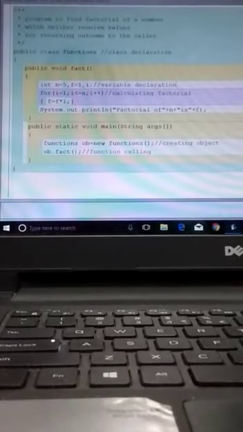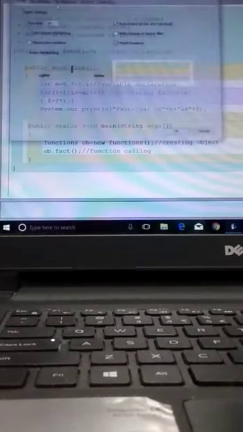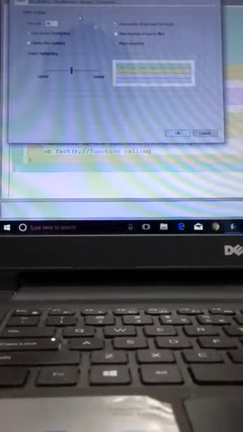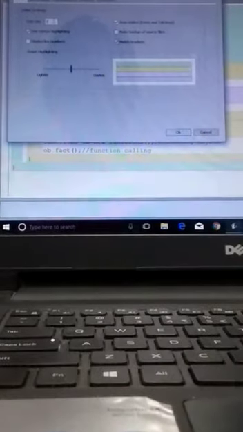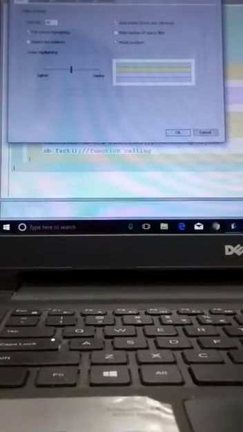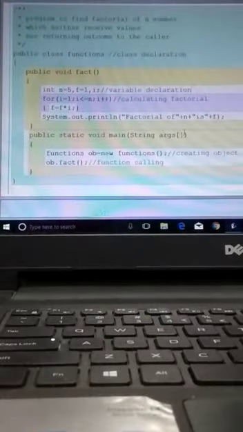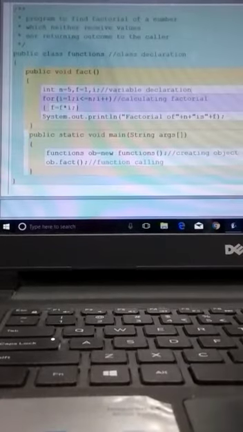I will make the font size much bigger, so it will be visible more clearly to you. So here it is neither returning any value to the calling function.